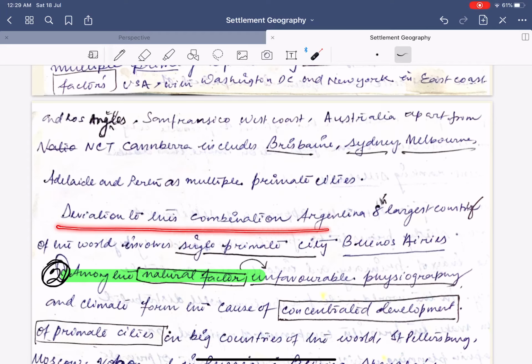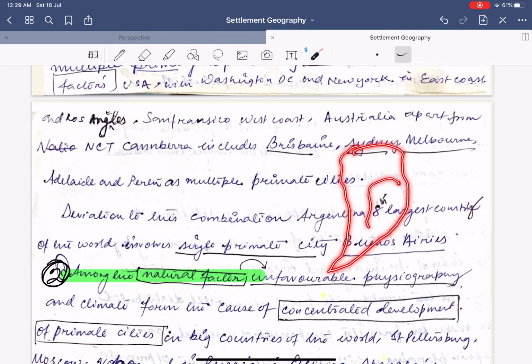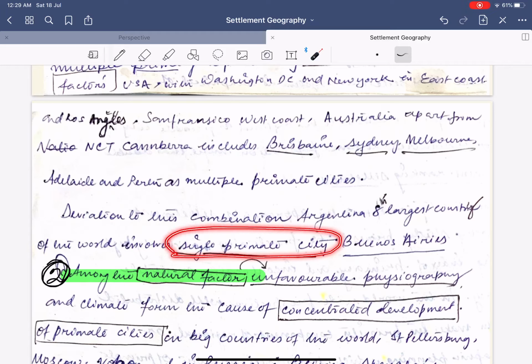Deviation to this combination is Argentina. Now Argentina, I hope you must know, is located in South America. This is the part of Argentina. It says that though Argentina is the eighth largest country of the world, it has only a single primate city,